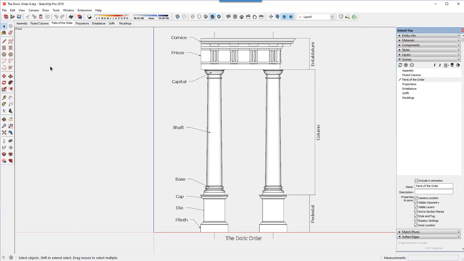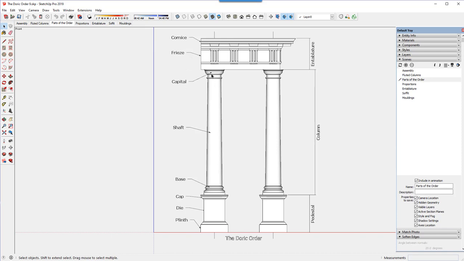Here are the major parts of the Doric order: the entablature up here at the top, and then the column and the pedestal. Three major parts here. Those are broken down into more separate